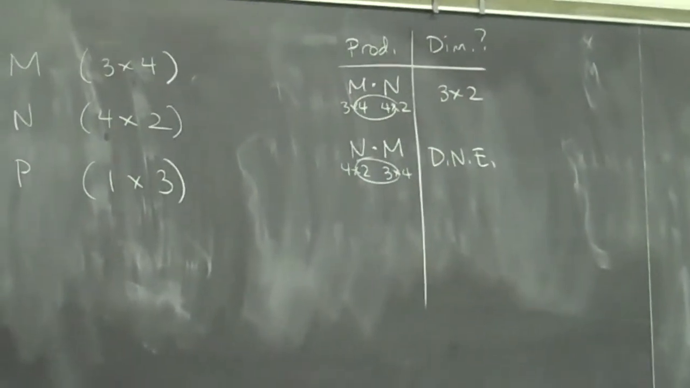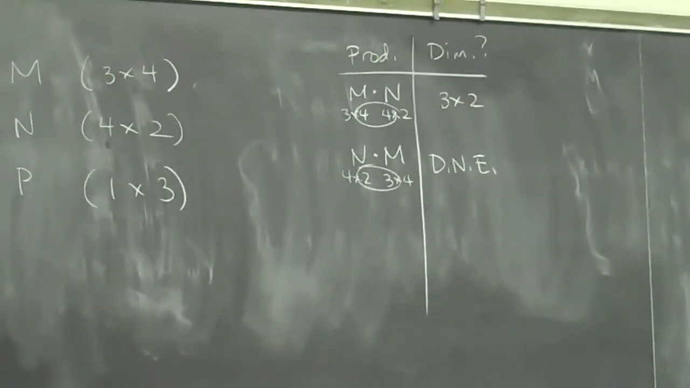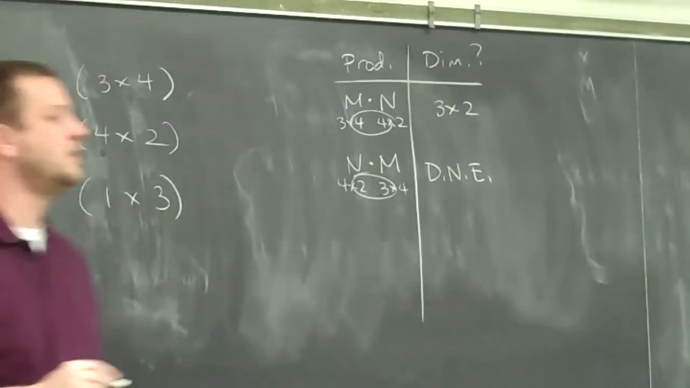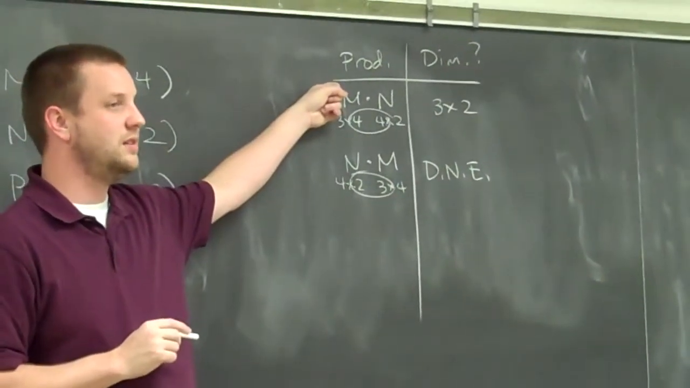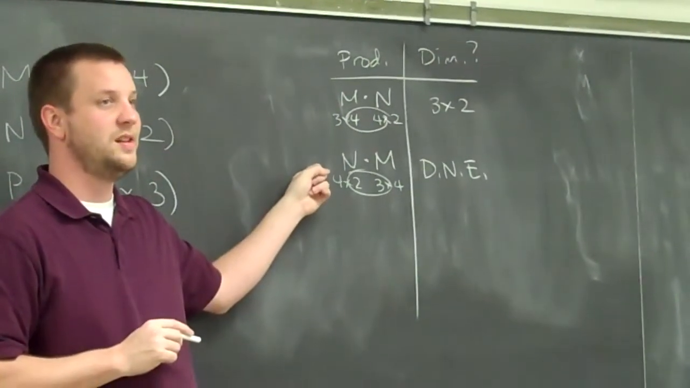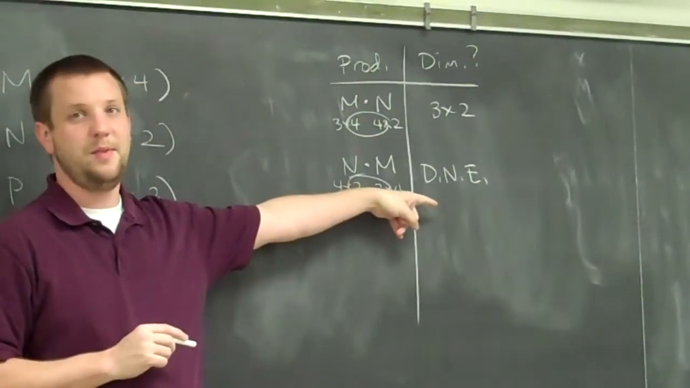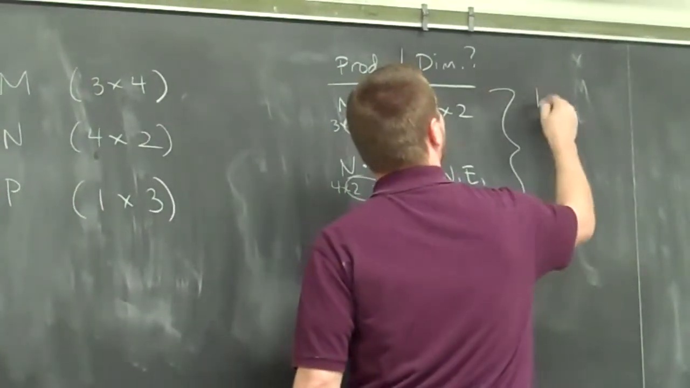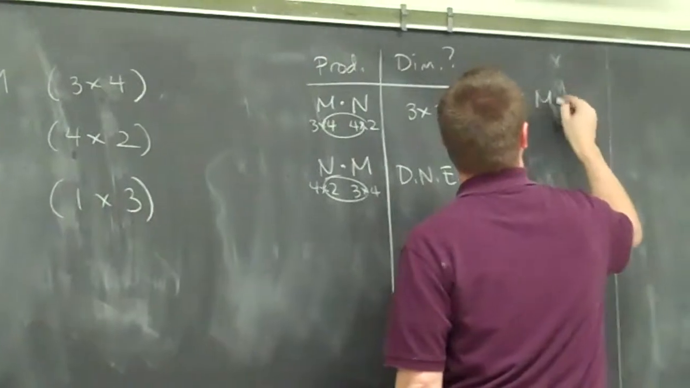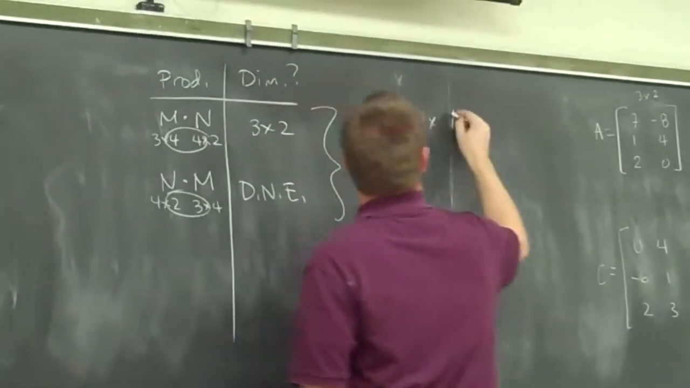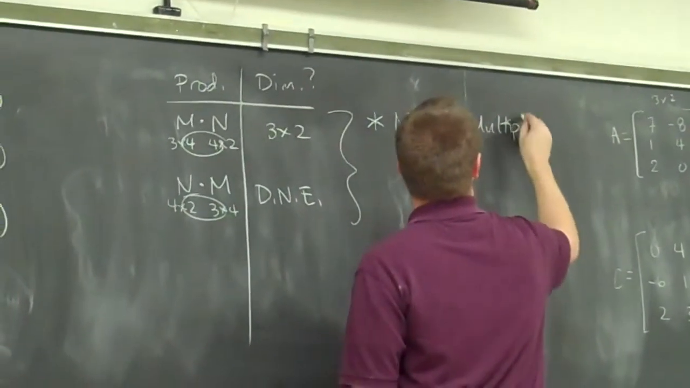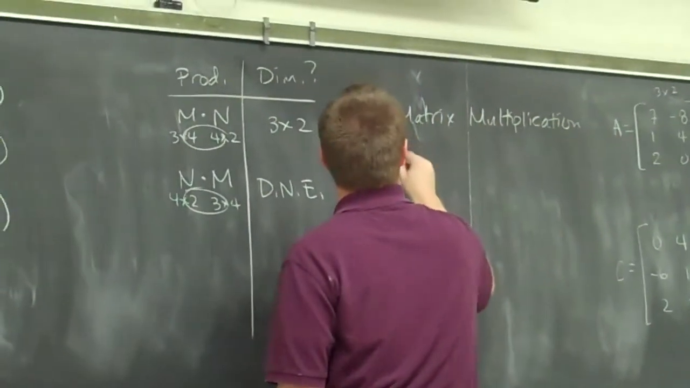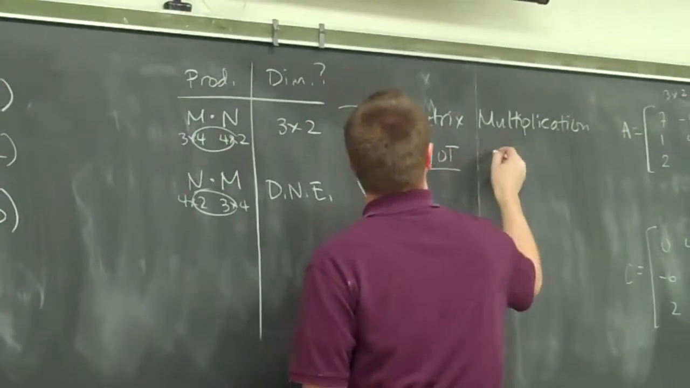Now think about that for a moment. What's the obvious conclusion that we draw from that? Is M times N the same thing as N times M? If one exists and one doesn't, they can't be the same thing, right? Matrix multiplication, spelling out all of these words, that important, is not